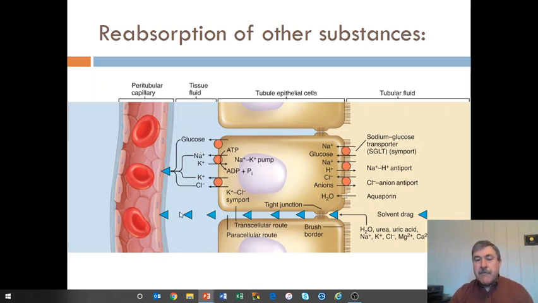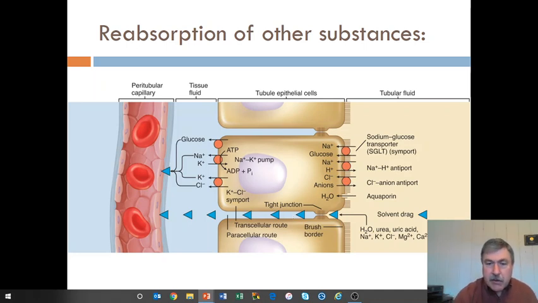And that results in reabsorption of water via the paracellular route. And when that occurs, there are some electrolytes like sodium, potassium, chloride, magnesium, calcium, and even phosphate that end up getting carried by that water